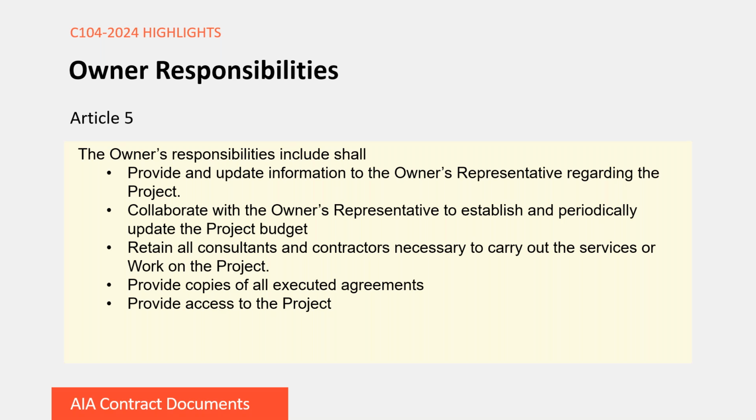That's great. I might be biased, but I think this new agreement is great and is going to provide a lot of value to people. I only wish I had it when I was in private practice. It seems flexible enough to work on a variety of different projects, regardless of their scope or project delivery method, not to mention the fact it can adjust to smaller or large-scale services. One thing I think people might still be curious about is the actual payment under the C104. Could you talk a little bit about the compensation between the owner and the owner's rep structured in this agreement?